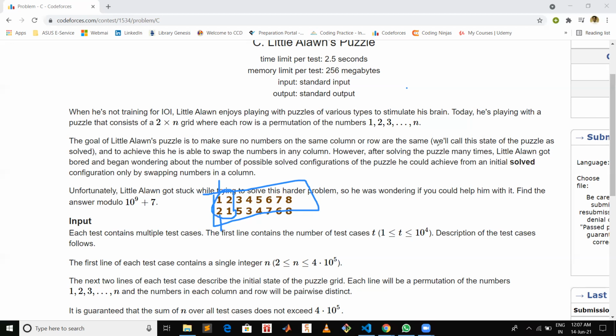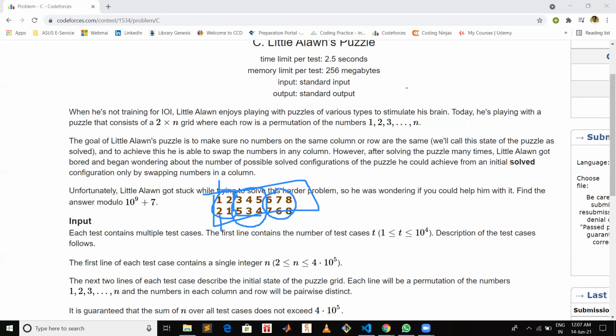So you are getting a new configuration, but the constraint, that a column and row shouldn't have the same number, is fulfilled. Similarly, if you choose to swap this group of three numbers, after swapping the first row will get 5, 3, 4, which it had previously as well, but in a different permutation, and the second row will get the same numbers back. All the numbers in the first and second row will be unique, and not the same as the previous configuration. Similarly, you can choose these three numbers.